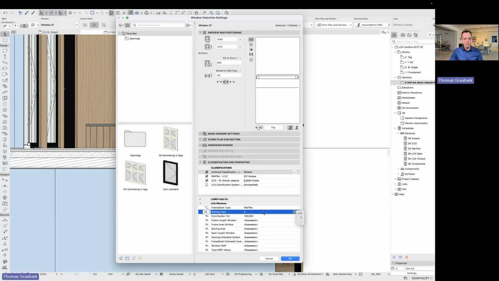The other thing you can set on windows is the amount of layers of glass, 2 or 3 layers. I go with 3 layers on this project, which is the standard in Denmark. And of course, again, I can set the contribution to 10% if it's recycled windows.